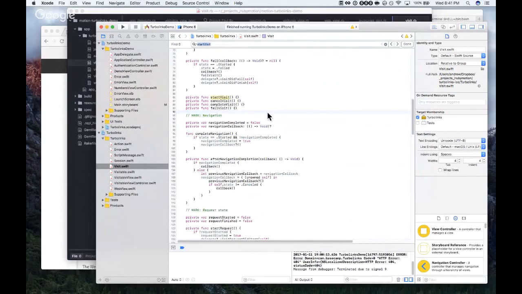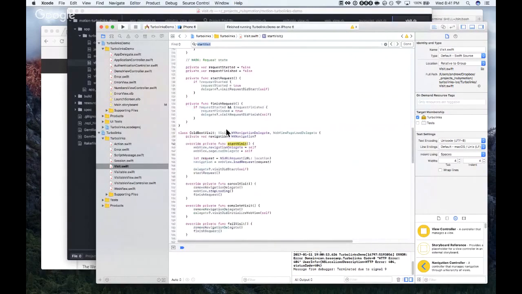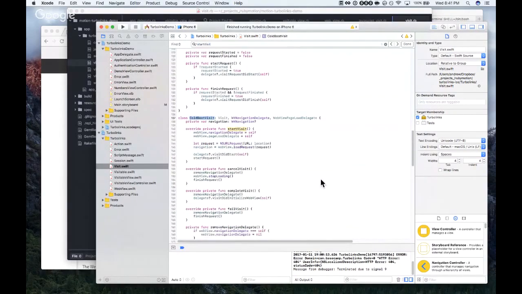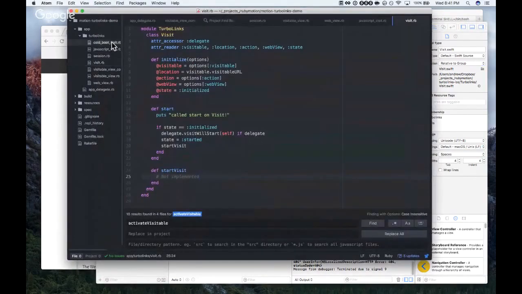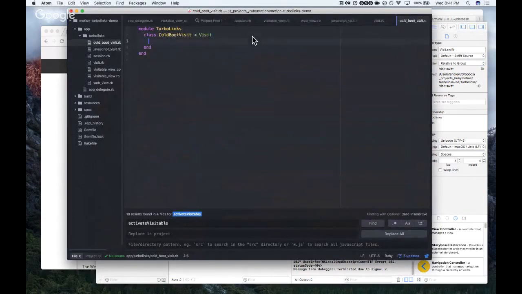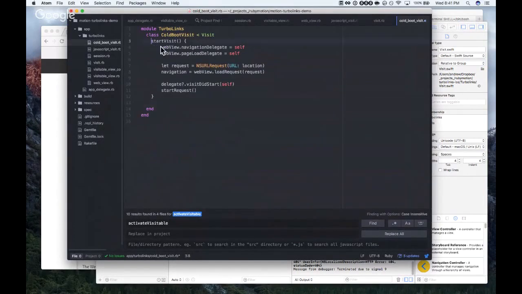So the start visit we're actually using is a cold boot visit, and this is where it's overridden. Cold boot visit here, def start visit. Web view, do we have web view? Yes, we do.